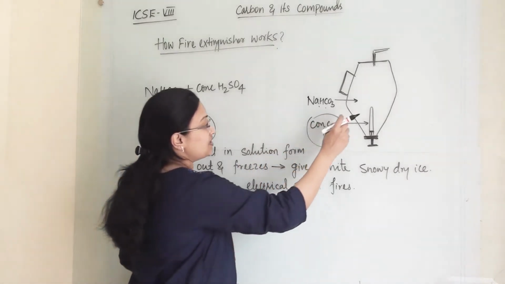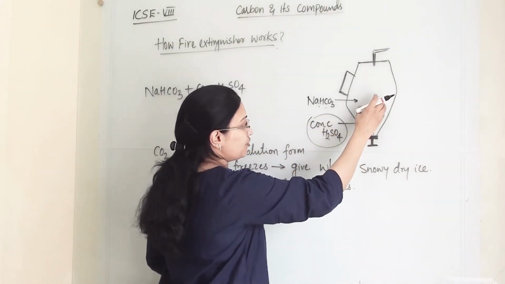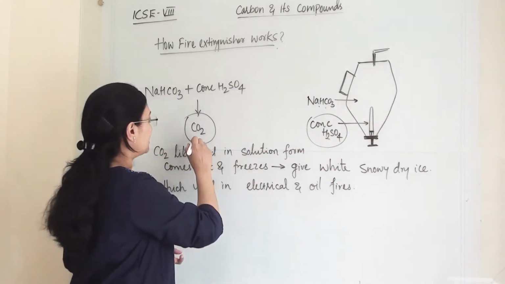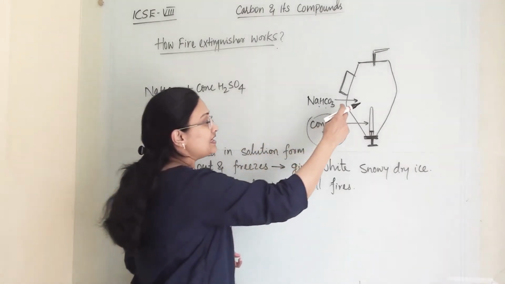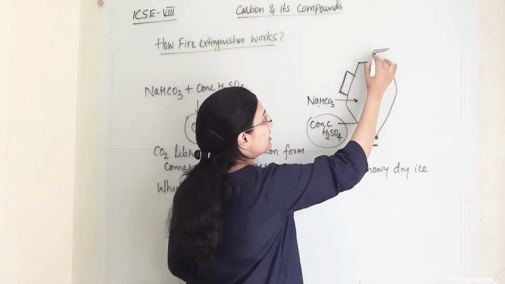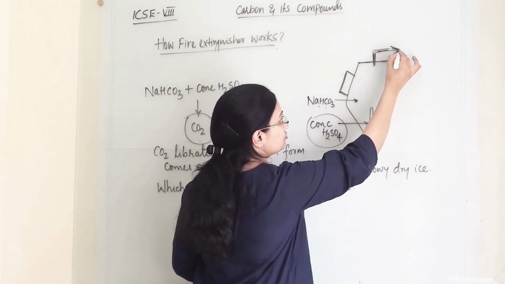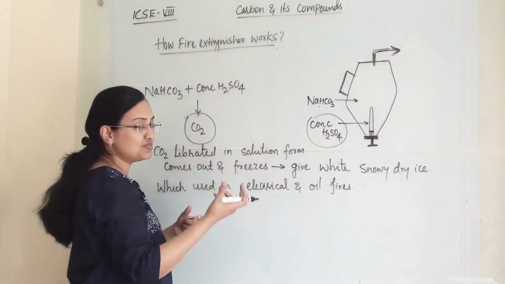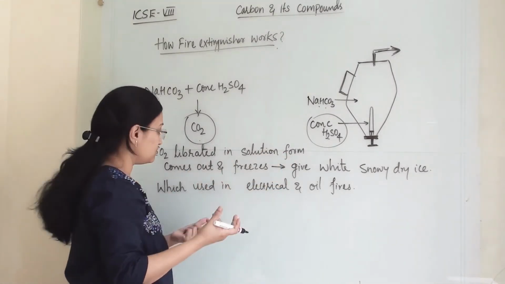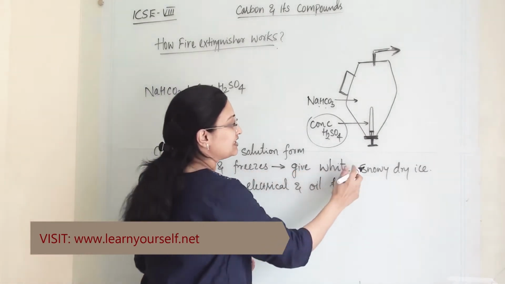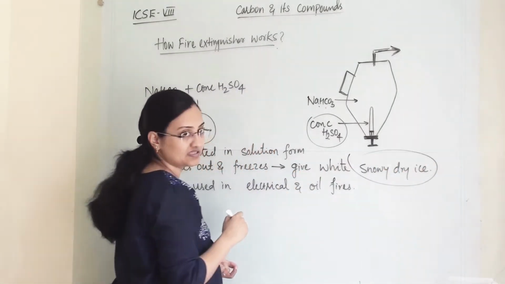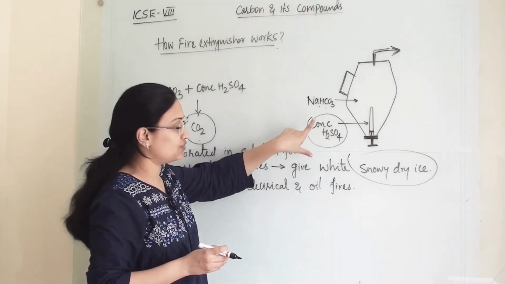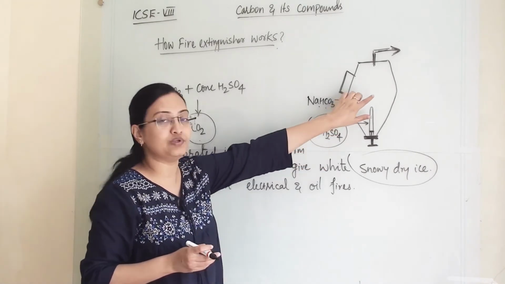Now this carbon dioxide gas will be in liquid form when this reaction is happening, and it will be liberated through this nozzle. It comes out through this nozzle, and till that time it will be in solution form. When it comes out with pressure, it freezes and gives a white snowy dry ice. So when the reaction happens between sodium hydrogen carbonate and concentrated H2SO4, it will give us liquid